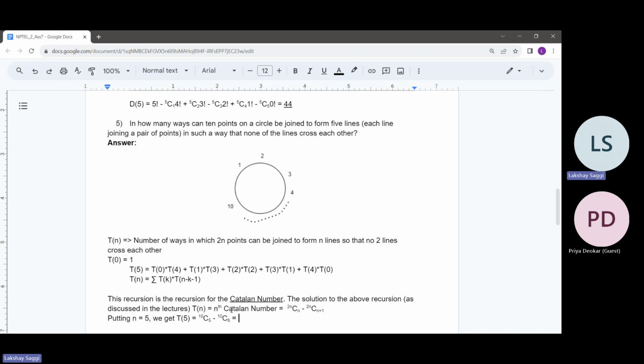And how much will this come out to be? It will come out to be 10 times 9 times 8 times 7 times 6 divided by